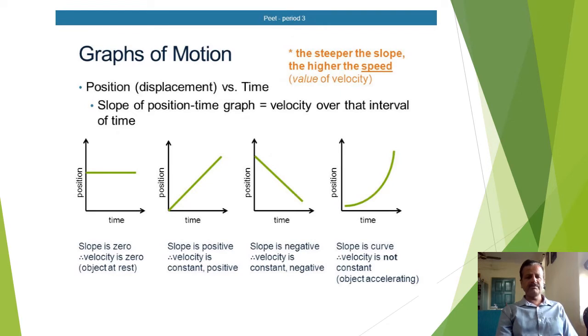For the first graph, if you calculate delta x, that is change in position, divided by change in time axis, it is 0 in the first case. In the second case, if you calculate delta x by delta t, it is going to be positive and it is constant. It is positive and constant.